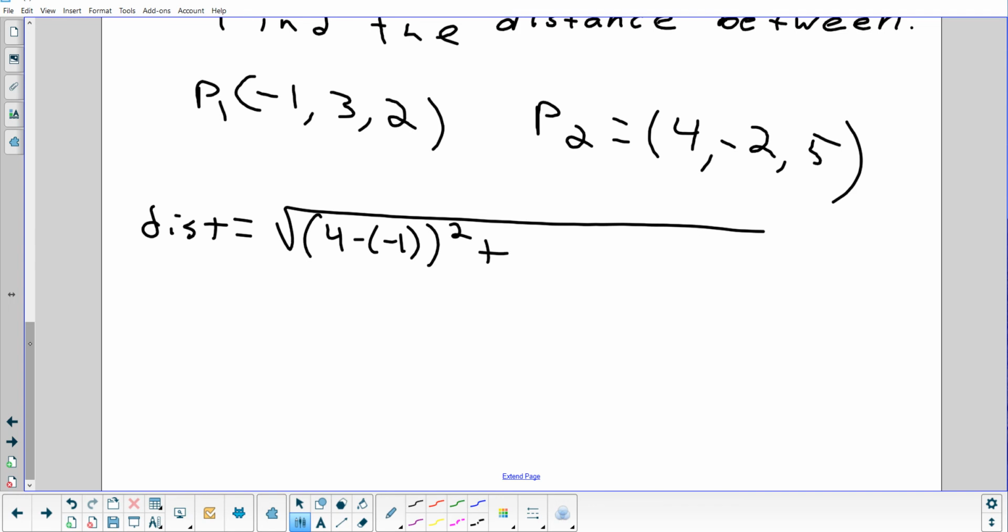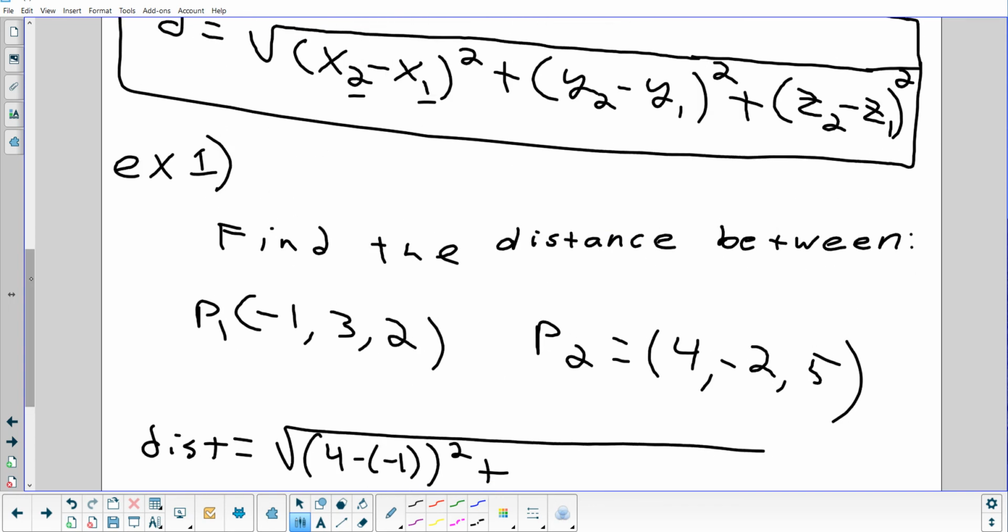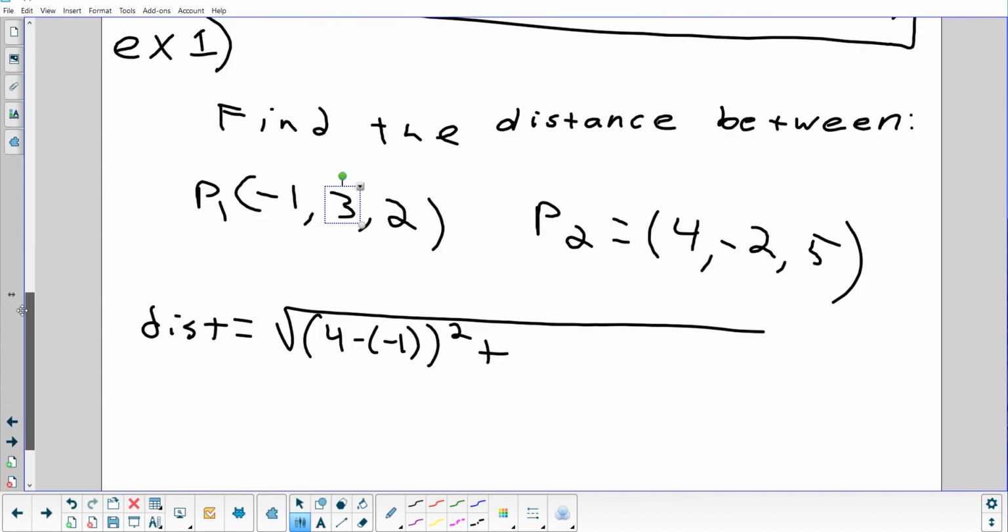And we square it. Abigail, can you tell me the next one? 3 minus 2, or 3 plus 2. So same idea I mentioned to Matt. Just to keep it so if somebody looks at it, they can match it up with the formula we used. 3 minus -2. So that would be y1 minus y2. -2 minus 3. Yeah, it's okay. So the order doesn't particularly matter here, but we're going to do some formulas where the order does matter. So just to get used to following the order, even when it's not important, we should do that. So -2 minus 3,